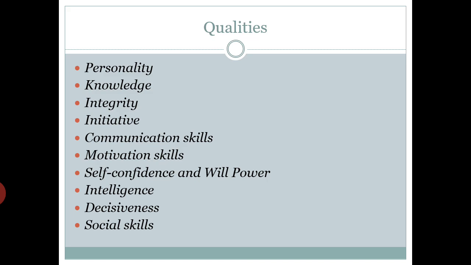Then social skills. See, man is a social animal, right? Business ethics, ethical behavior, ethics at the workplace. These are all the things which the manager or the leader should always care about. He should know what the ethics are, what the code of conduct is, what the do's and don'ts are. He should be aware of all these things.